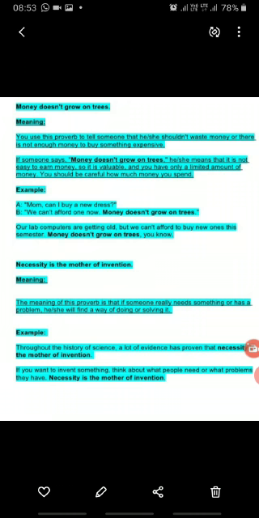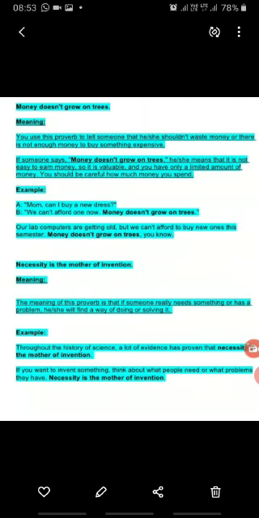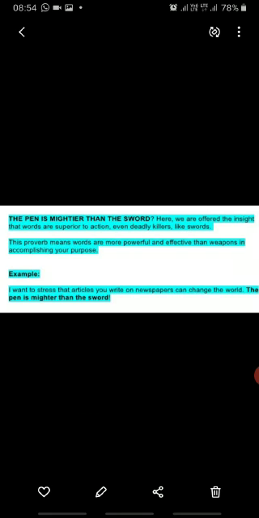For example, if you want to invent something, think about what people need or problems they have. So, necessity is the mother of invention. When you need something, then you do it yourself. Now, we will see one more